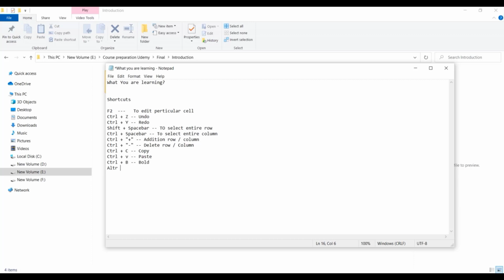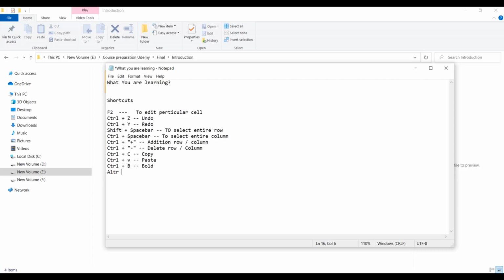You can press them independently, meaning you press Alt, after that you press H, then O, then I for fit to column width, and Alt H O A for fit to row height.